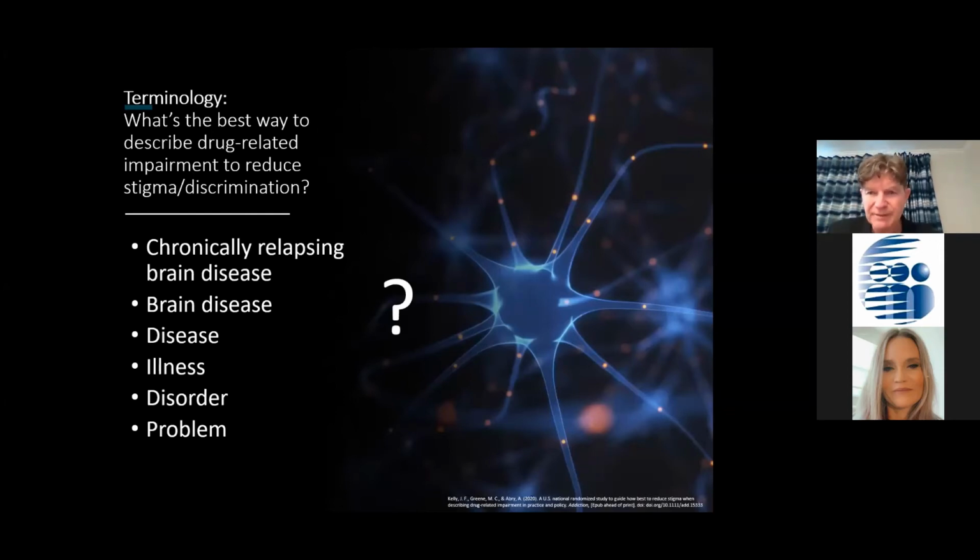Now, I wanted to do this study because we don't know much about the impact of describing substance use disorder or addiction as, for example, a chronically relapsing brain disease, which is very commonly talked about as such, or as a brain disease, or as a disease, or as an illness, or a disorder, or as a problem. So we talk about these disorders and the drug-related impairment using language like this in different instances with different